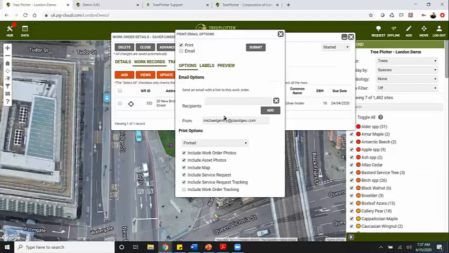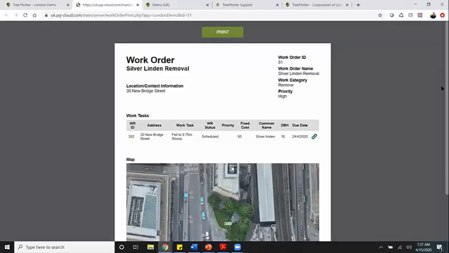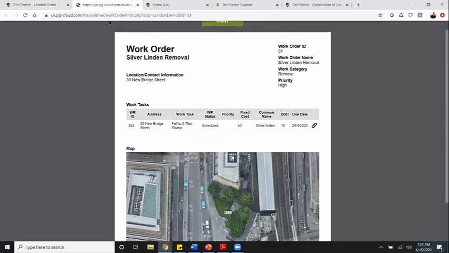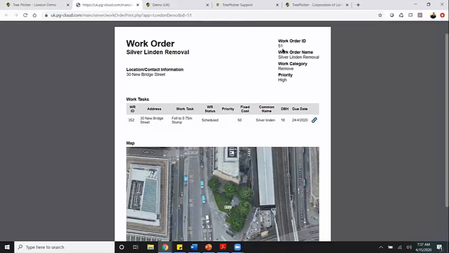We probably don't need to email this one for the demonstration today. So I'm just going to go ahead and do print. We'll hit submit. And so this is going to not create the work order, but simply print the work order. So now if I look, I could either print this or I could copy paste the URL. We have the basic information here at the top, and we have the columns exactly the way we wanted them,